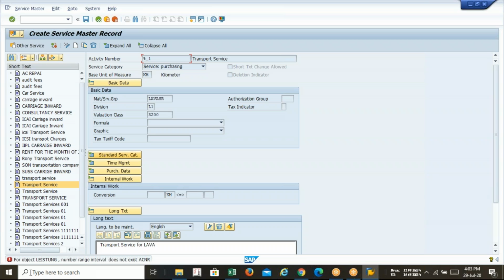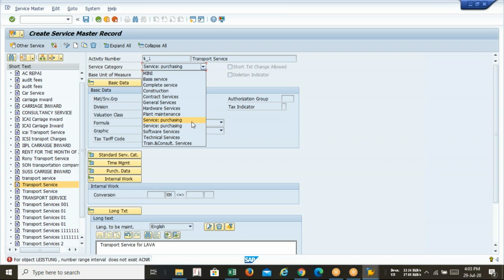If you are getting this objection, it means that you can see there are two service purchasing entries. So we have to select the first one. The second one is not default. The first one is the default. This kind of problem you might not face in practical life. Why are we facing this problem? Because as I told you earlier, we are working on a common server. This server access is taken by the MM consultant also. We are students of FICO and some other students must be practicing SD. That's why they are changing the default configuration.